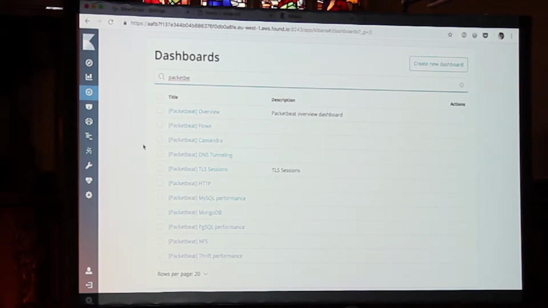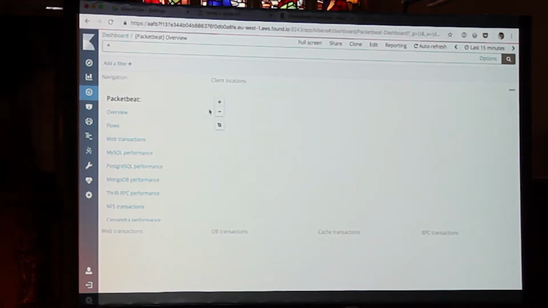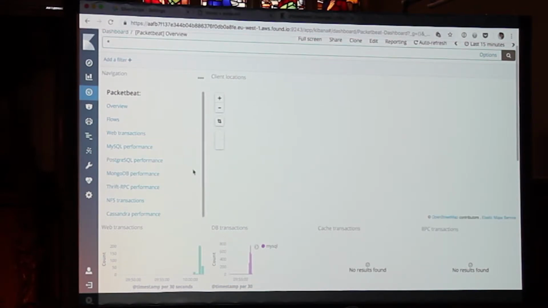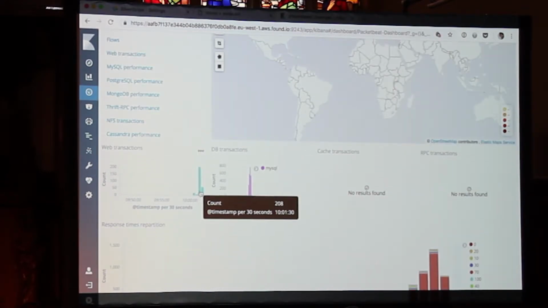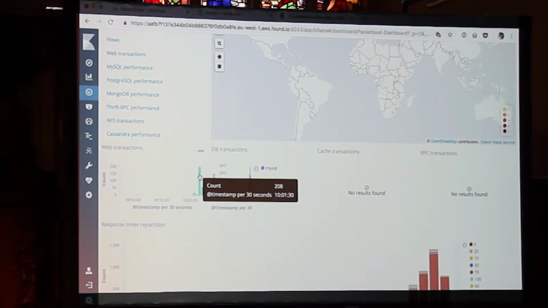Packetbeat is based on the same base library. It's just listening in on the network traffic, and it basically sees your requests and responses, and it figures out, okay, this was the request response. You requested, for example, HTTP, you got back a 200, and it took 50 milliseconds until you got your response. So generally, Packetbeat is just using libpcap, running in the background, and we can see, okay, you started doing some